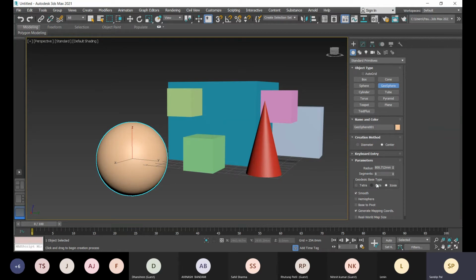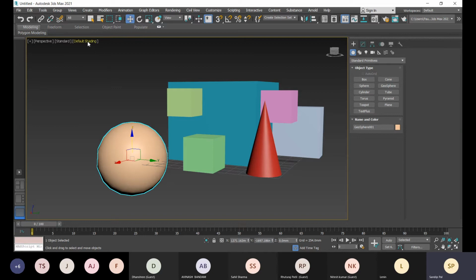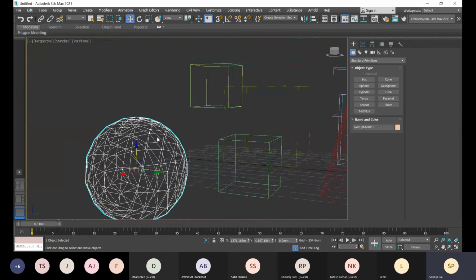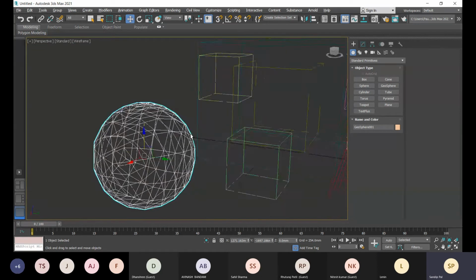Geodesic base type means that the total volume of the sphere is built from that particular shape. According to that you get this. If I change the visual style to wireframe, then you can see it properly.